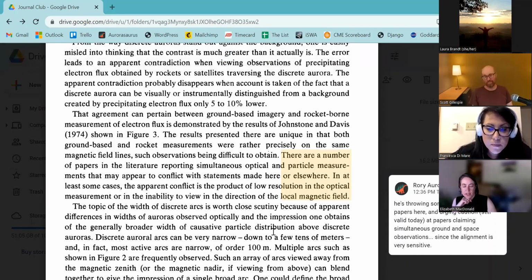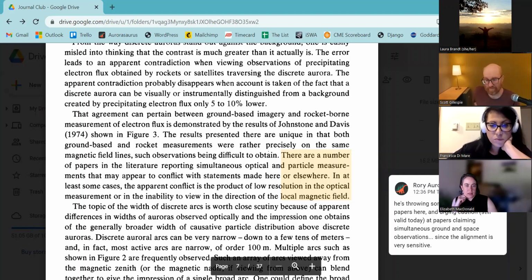I put a comment in here, and everyone feel free to put a comment if something is clear or unclear. He's talking about how you can compare ground-based imagery of arcs and rocket-based measurements of the particles coming down the field lines and line them up, which is actually in one of the figures here. But he's also saying that there are a bunch of other papers that claim simultaneous optical and particle measurements,